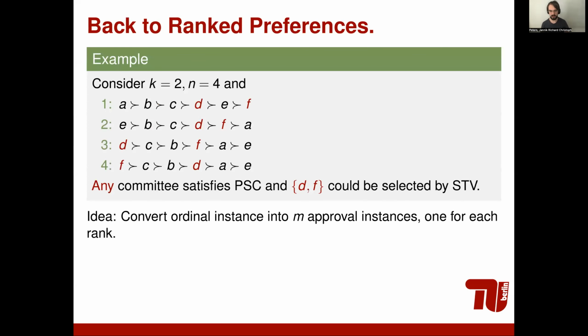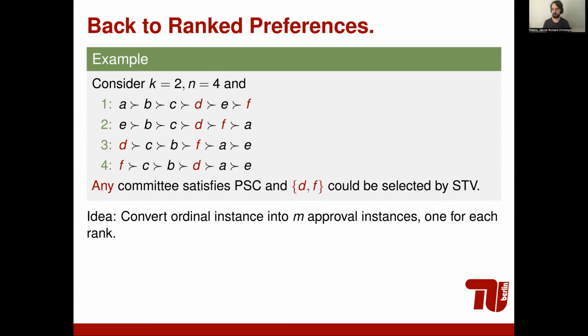Now we go back to ranked preferences. We have this example again, where DNF might be very unfair, but can be selected by STV. Now, what our new idea is, we want to take this ordinal instance, and we want to convert it into approval instances. How do we do this? We simply go over every prefix. So first the prefix of length 1, then the prefix of length 2, length 3, and so on, and treat them